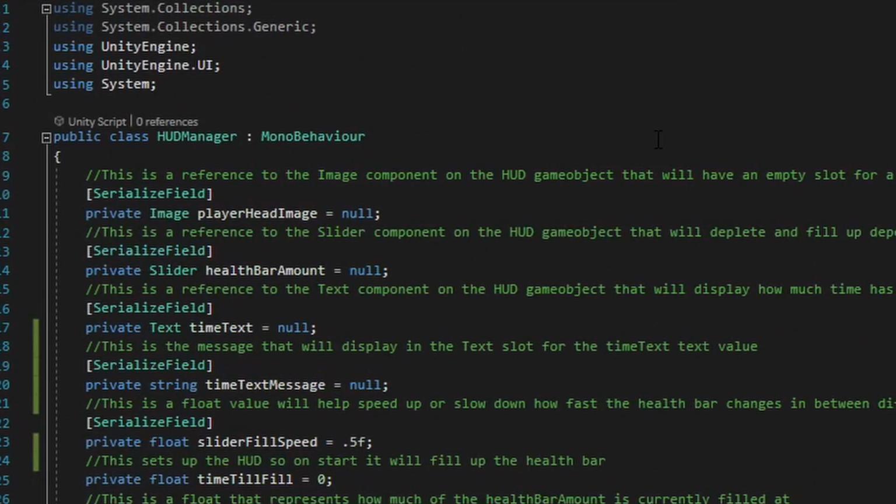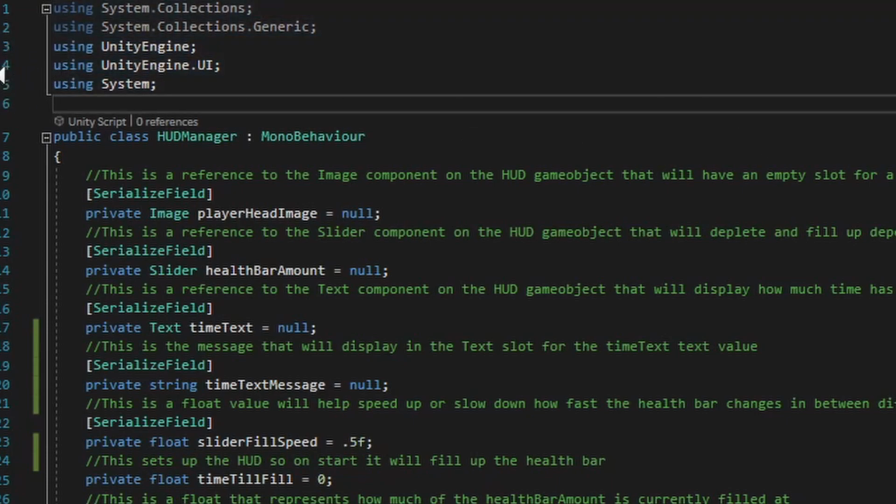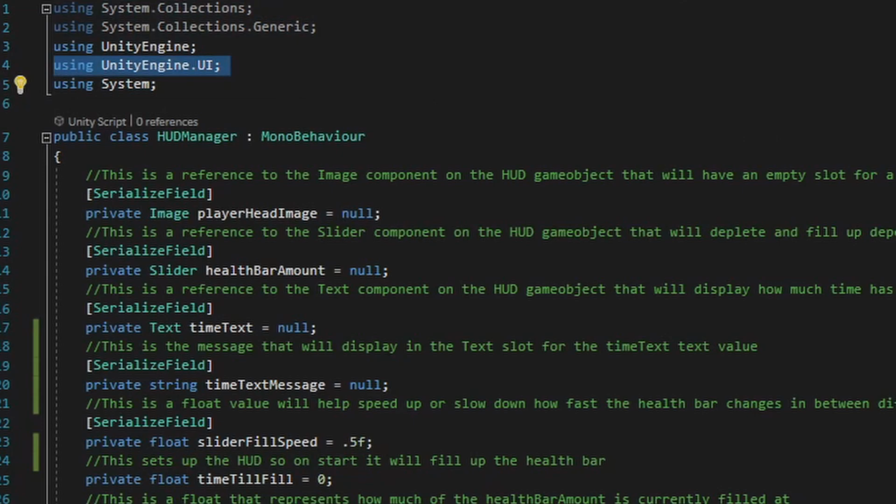to fill out the different UI elements while manually setting up the bare amount of variables within the inspector. And the first thing I need to discuss is the different using statements that we need to add to this script. So let's take a look at the very top of this script, right underneath where it says using UnityEngine. The first one we need to add is a reference to the different UI components that come with Unity,